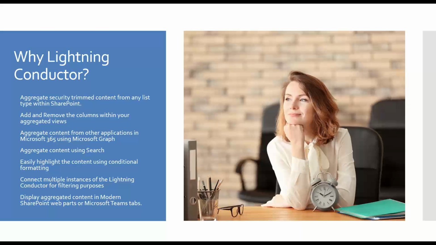And what we can do is basically build these views inside the Lightning Conductor that brings back all this content and also allows me to highlight the content using things like conditional formatting so that the important stuff stands out. And it might be the important stuff is tasks that are high priority or tasks that are due today and so on. And you can imagine without having that aggregated view that we could very easily overlook that content